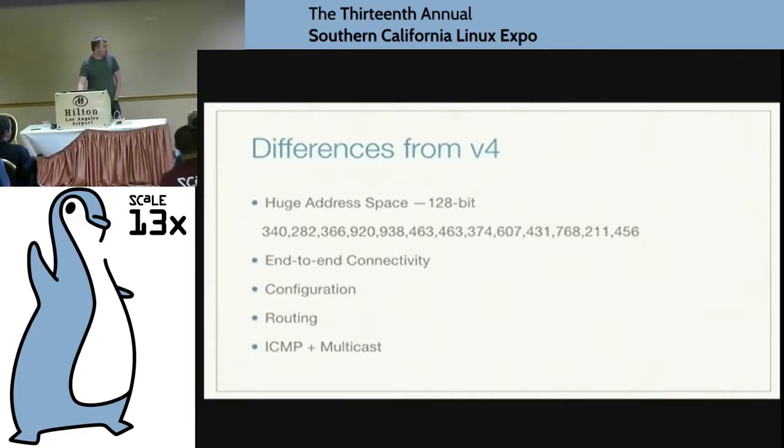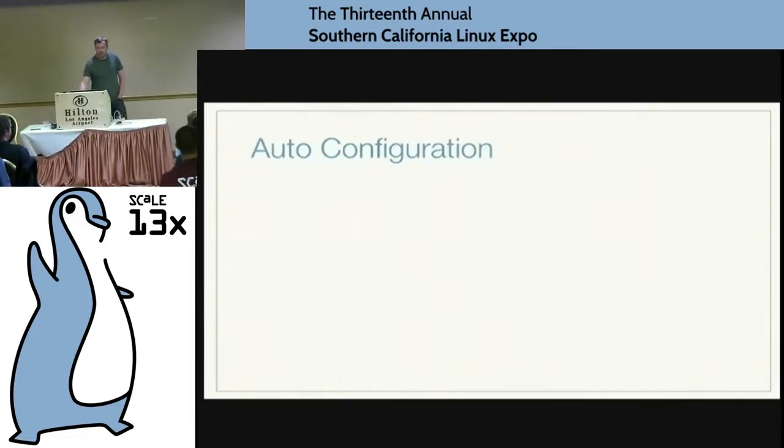So when we talk about configuration, especially auto configuration, one of the things you'll notice with v6 is you get a link local address. If you were to do an ifconfig or an ip addr show, you're going to see an FE80 address, and that's the auto-configured link local. The nice thing is that when you're on the network with v6, you don't have to have a pre-configured address to start talking to other hosts on the network.